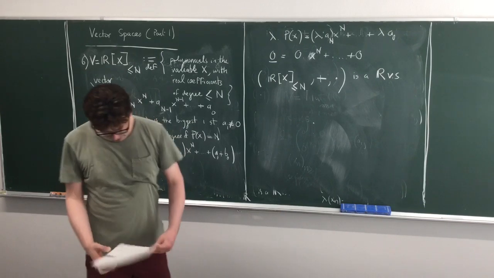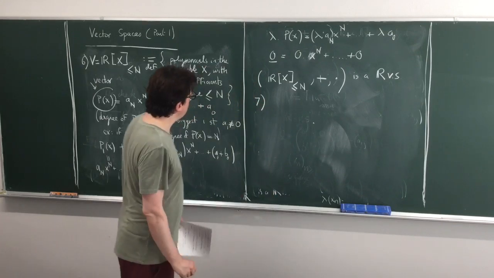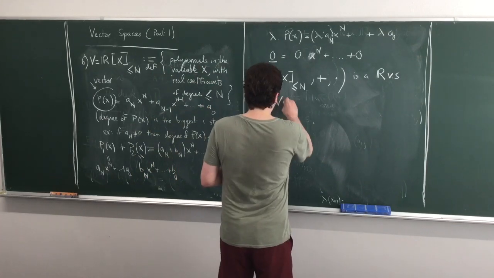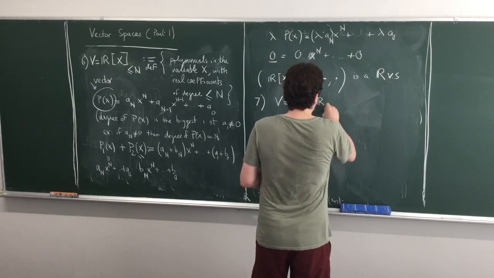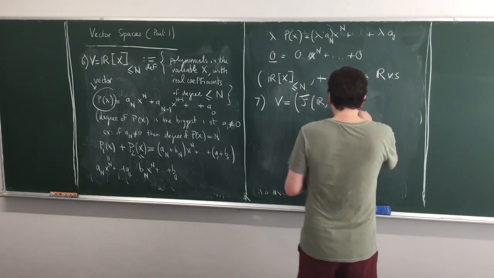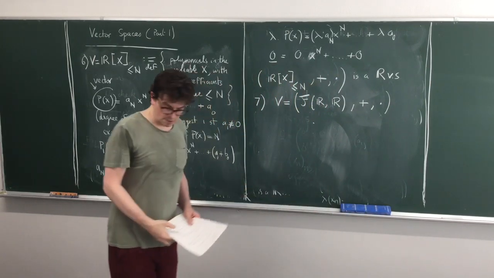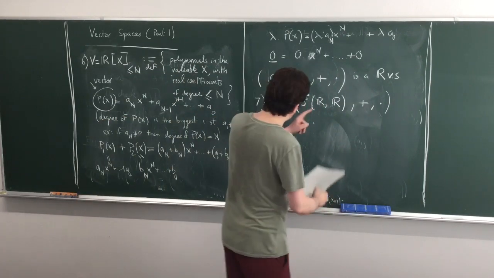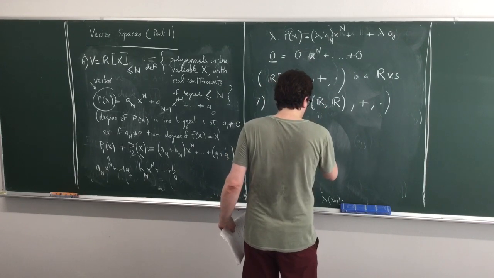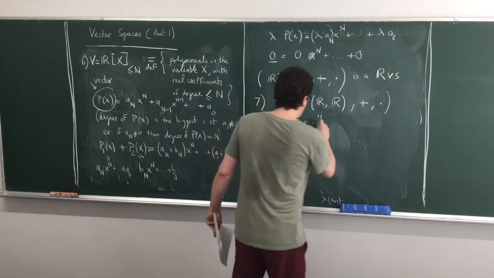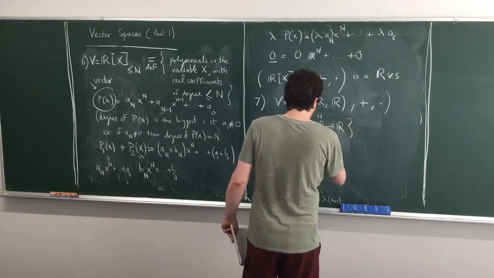Let's finish with a last example. The last example I would like to finish with is one where I consider as a set the functions from R to R. Then of course I'm going to define what is the plus and what is the scalar multiplication. As a set, it will represent the set of functions, which I call by a small f, from R to R. That will be the meaning of my set.